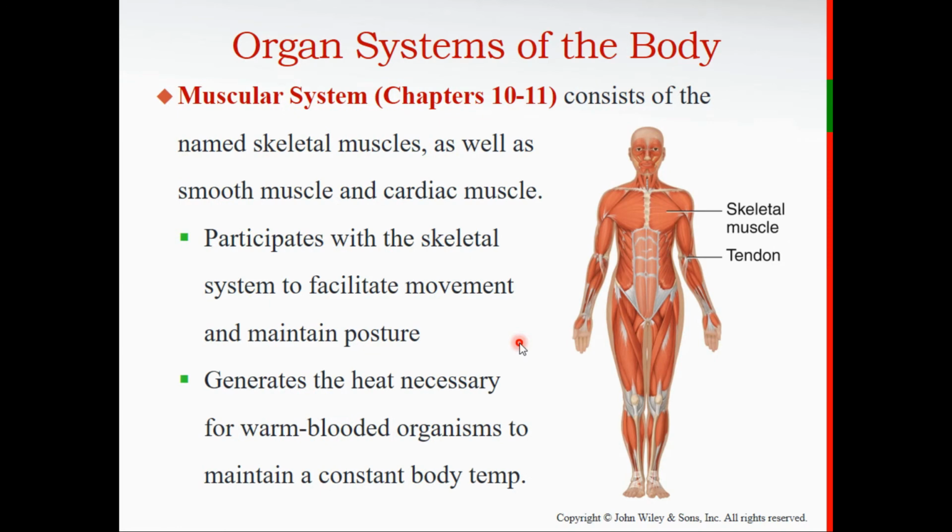Speaking of the muscular system, that'll be our next one. The muscular system consists of all the skeletal muscles that are attached to, as the name would suggest, the skeleton. And these are the muscles that move our body. There are different kinds of muscle tissue in the body, smooth muscle and cardiac muscle, but they are not considered the muscular system. Cardiac muscle cells are found only in the heart, so that would be a component of the cardiovascular system. And smooth muscle is found in some blood vessels, so they're going to be used in cardiovascular, but it's also primarily found in your organs of digestion, especially the GI tract. Those muscles squeeze to help move food and chyme and fecal matter through those tubes, but not part of the